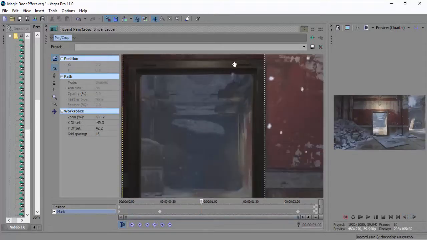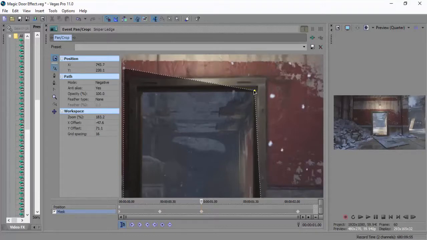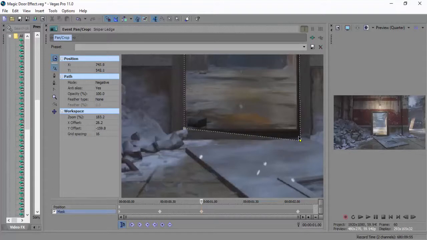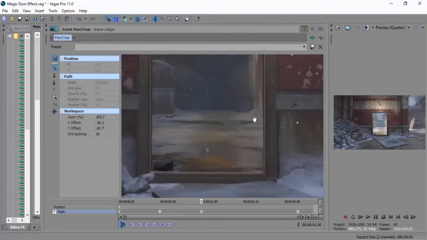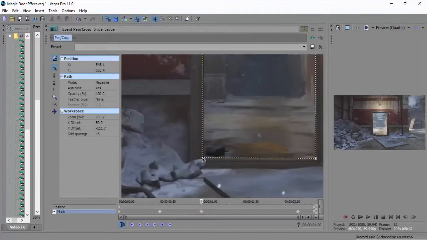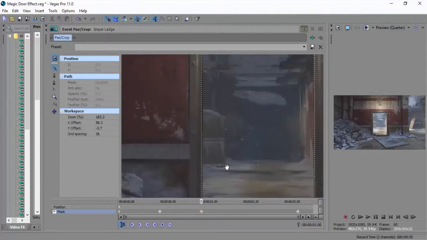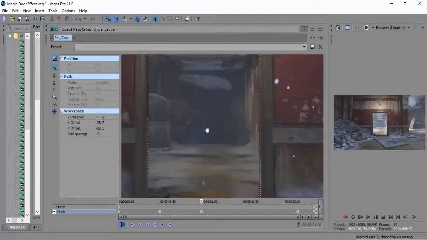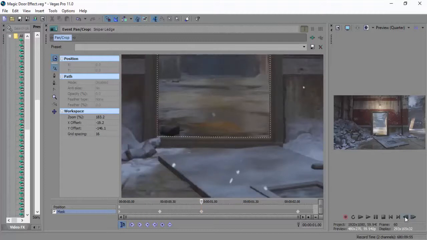Then if we do the same another 30 frames later, we can just bring all the corners in. And you can always go back and double check, and anywhere it doesn't line up that well, we can just alter a bit. So just move this up a bit, that's a bit off the center of the doorway. Oh no, that's a bit too far now. So like I say, it's just trial and error. You just want to try and get it as best as you can. I think it's the top one for this bit. There we go. And if we just go back just to double check,